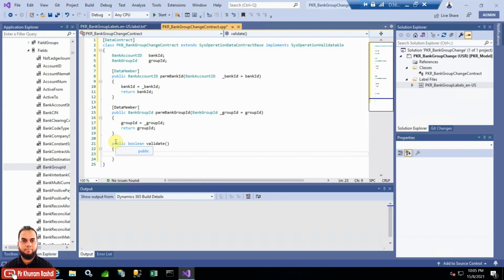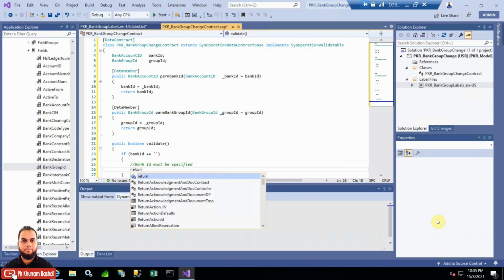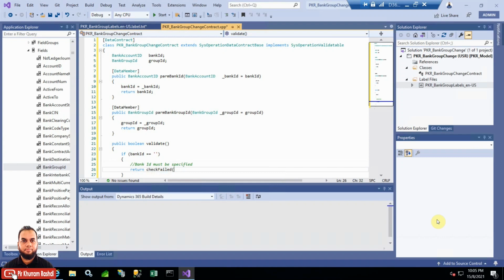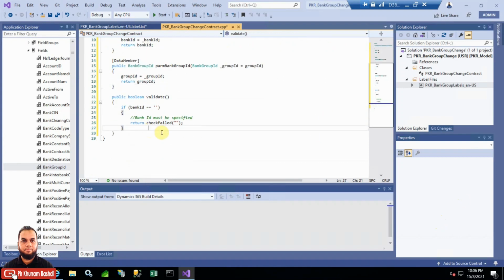Okay, in validate we need to check whether the bank ID is blank or available. Bank ID must be available, so that's why we need to check it. If it is blank, then we will need to return something like "Bank ID must be specified," return check fail, and here we will return the label ID which we'll create in our label file. Just leave it empty for now, and then